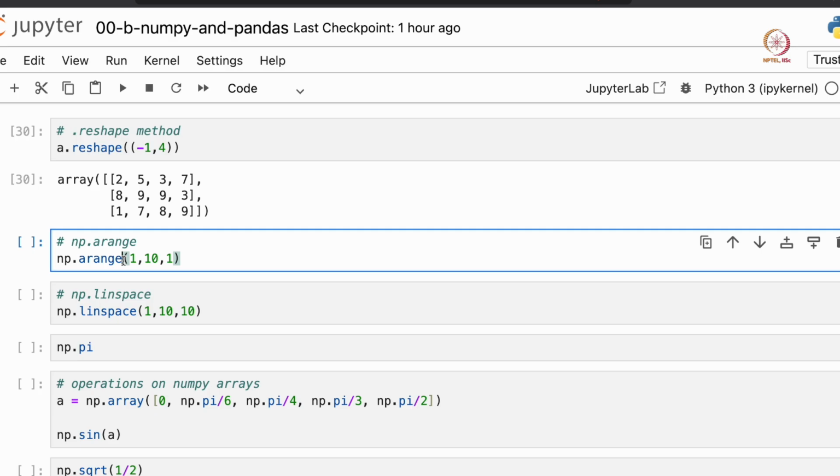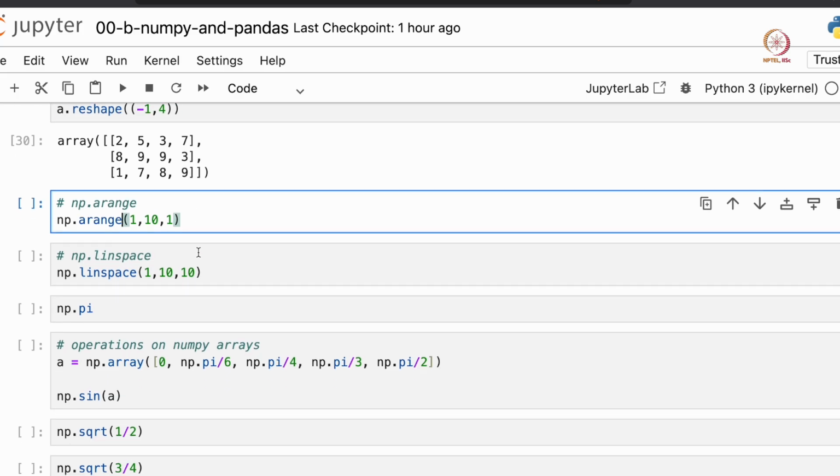You can use that to also generate random vectors, so one-dimensional matrices, or column or row matrices. And now let's look at another function that is very important to systematically generate a vector. So for example, I want to create a vector that starts with 1, ends with 10, and all the in-between numbers are integers. So one way to do this is to use the np.arange function. So let's look at how np.arange works. It takes the lowest value of your vector, then the highest value of your vector, and the final argument is the difference between two successive values.